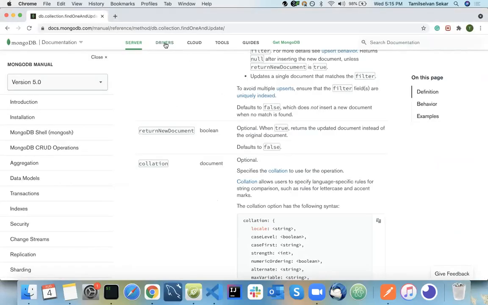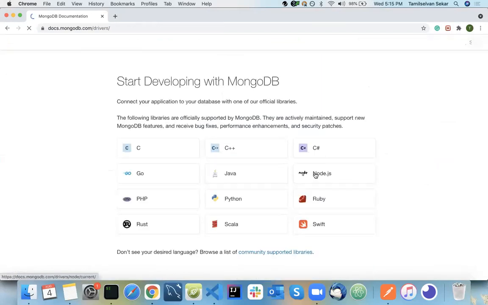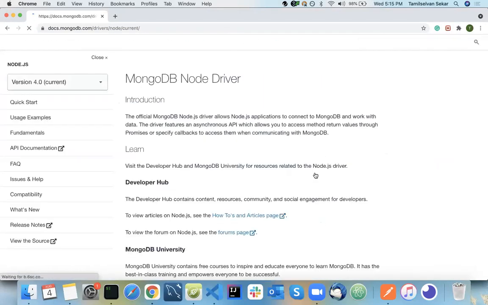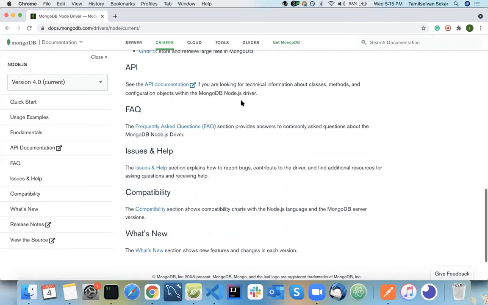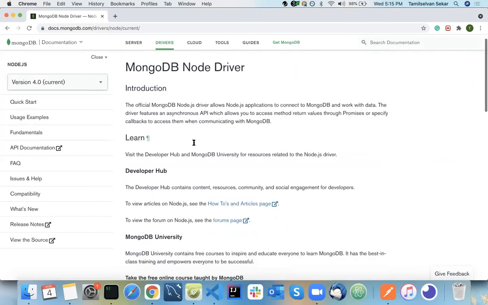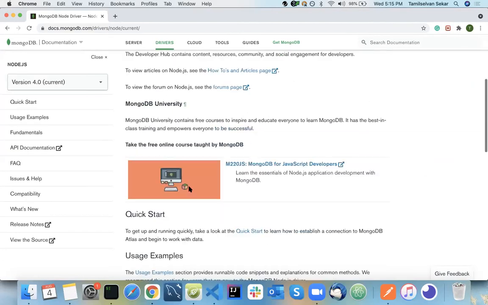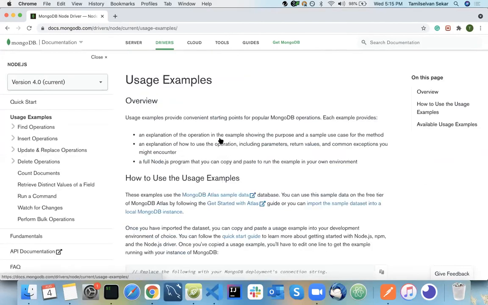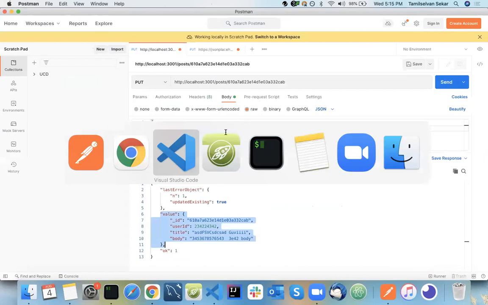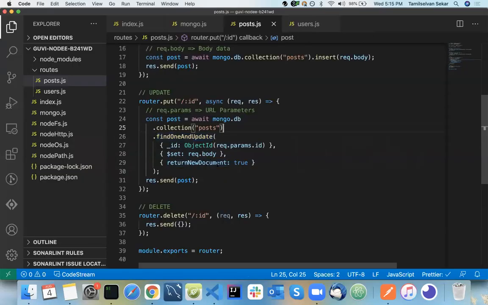Okay, so you have your drivers, right? So drivers is nothing but that is going to act as an intermediate between your database and the Node.js. Okay, so if you use it, there may be another settings. I will tell you once. I will check and tell you about that alone. But the original understanding here is find one update is to update your document, and please have it